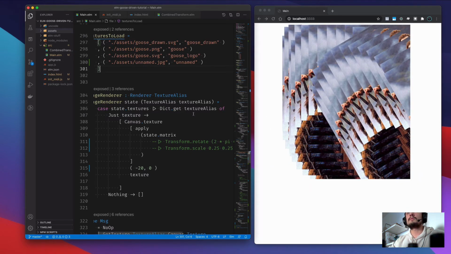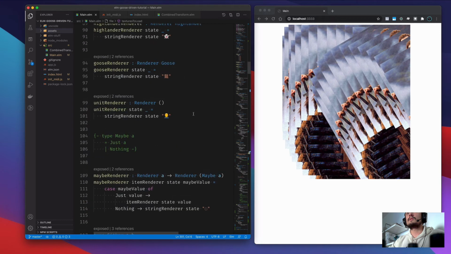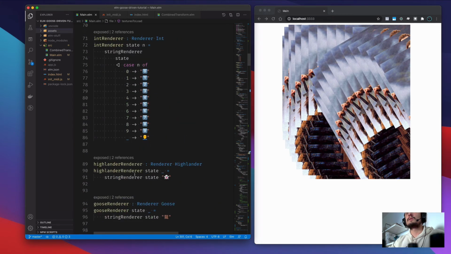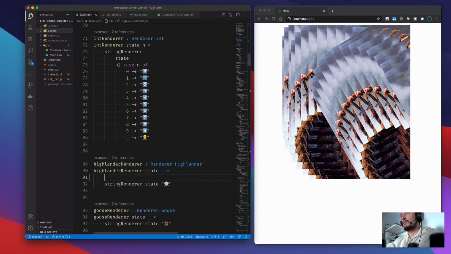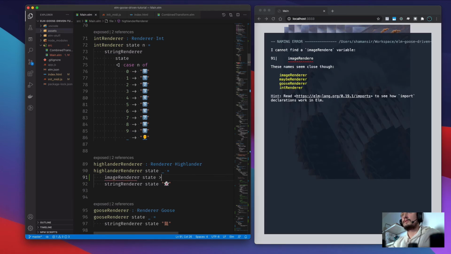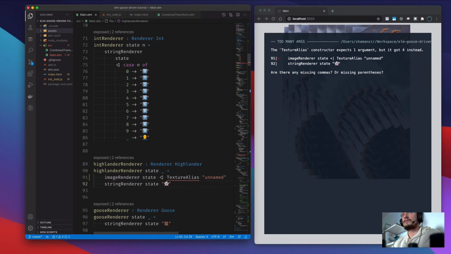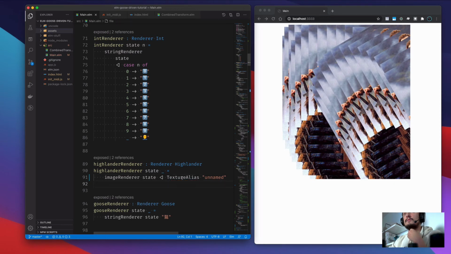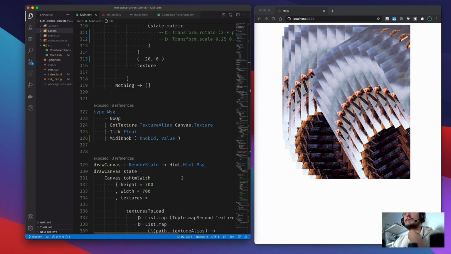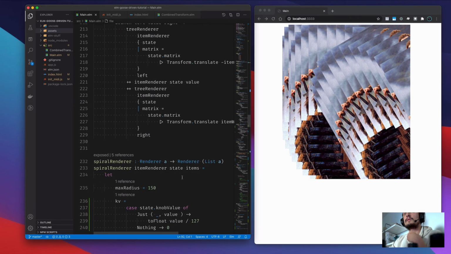Just a different image. And since it's Highlander, we should probably replace this string render with the image render, state texture alias unknown unnamed. And then if we have 100,